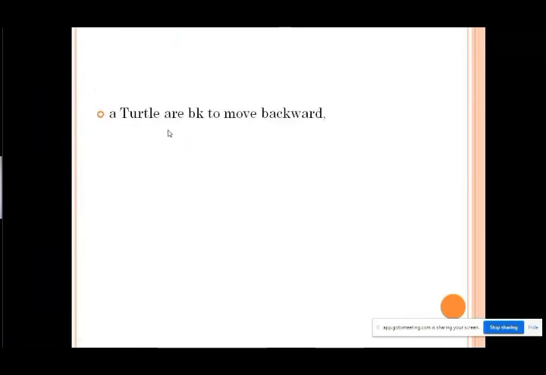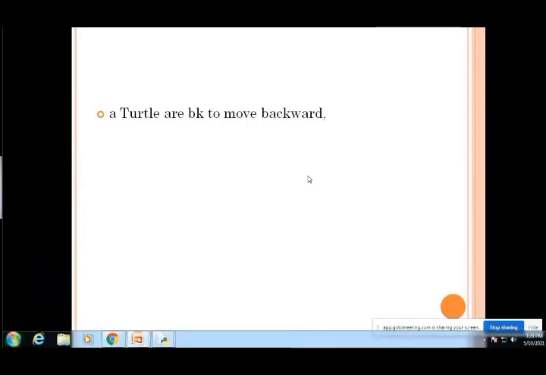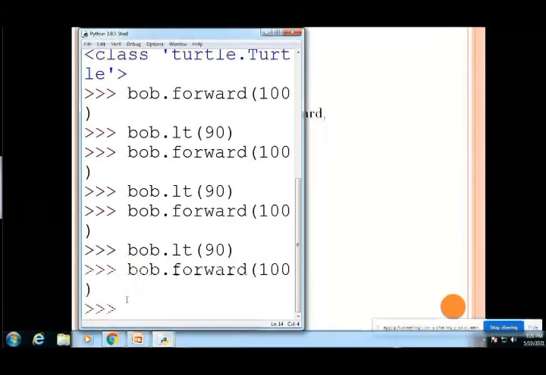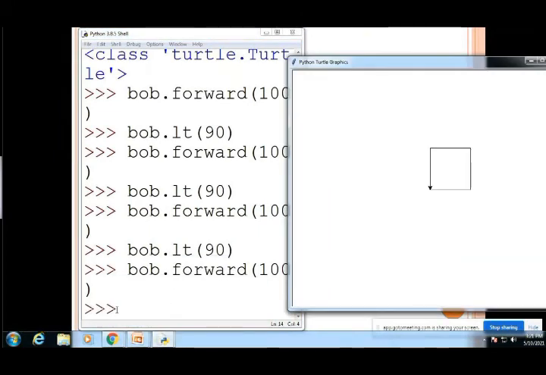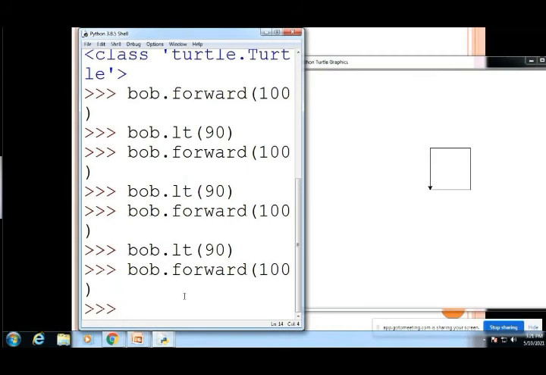Next, bk is used to move backward. bk is one of the functions. It moves backward. Now we'll see the functionality of backward. bk, bob dot bk.